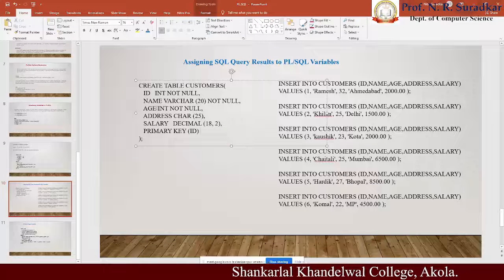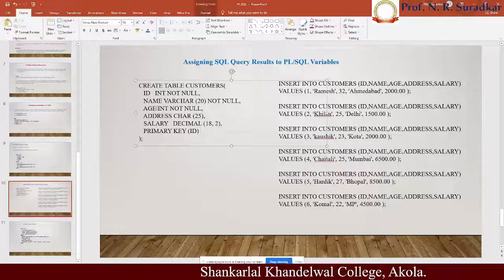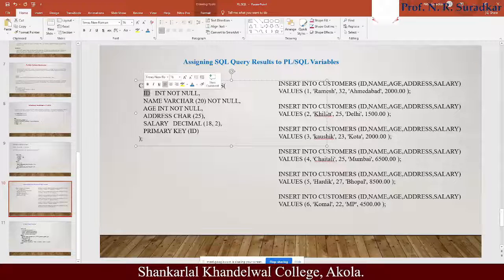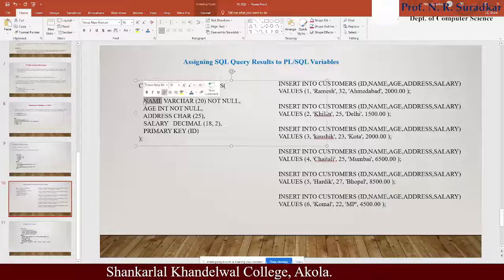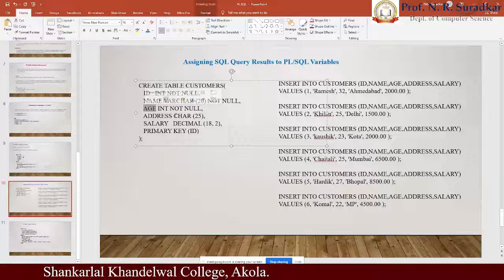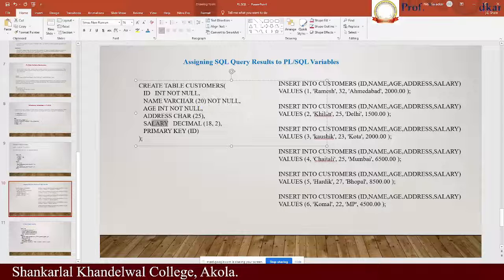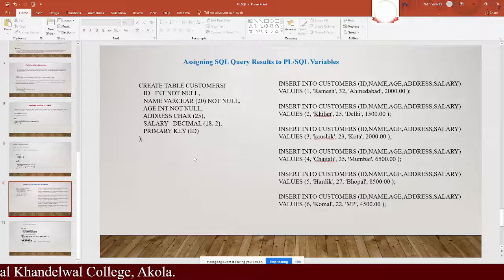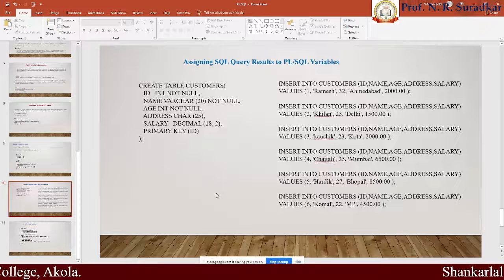Attributes are nothing but the fields to which we assign the values. The fields are ID, customer name, age, address, salary, and primary key, which is ID. Primary key assigned to the ID means duplication is not allowed. Okay, by using these commands we are creating a table.